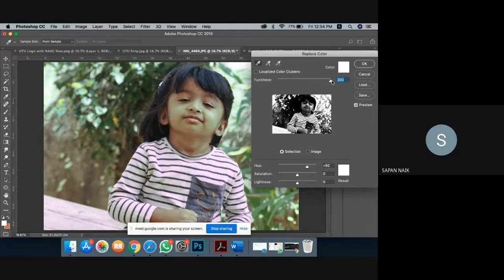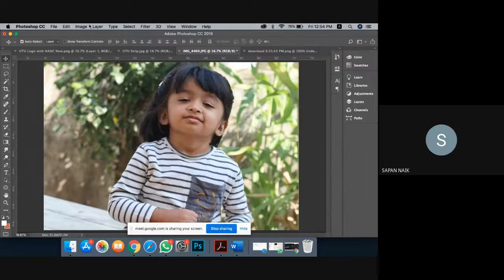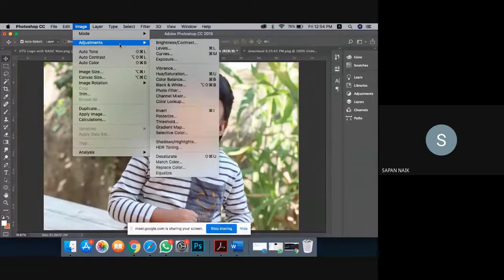It will look like this. If you want to change the color of your image totally, that is also possible. You can increase brightness and contrast also. Now, based on your experience, you can decide which color you want and which kind of adjustment you want in your photograph.